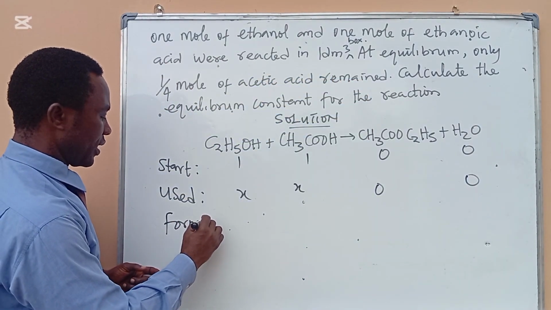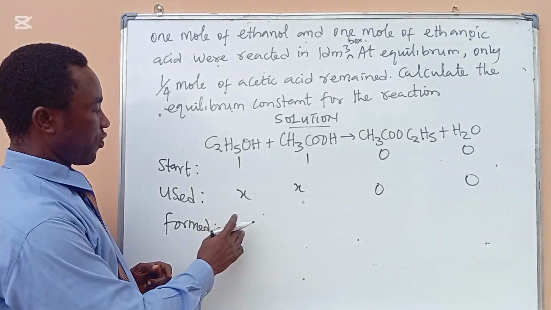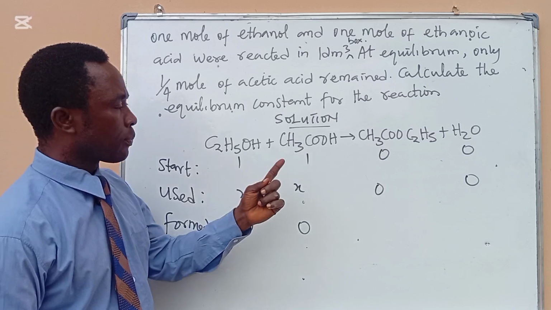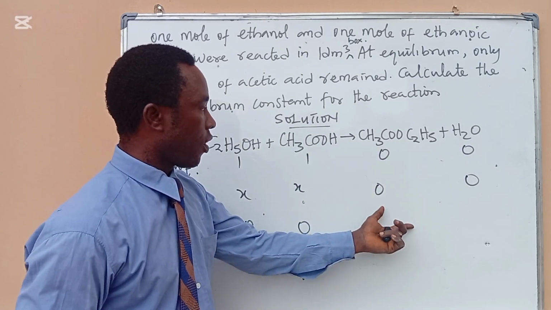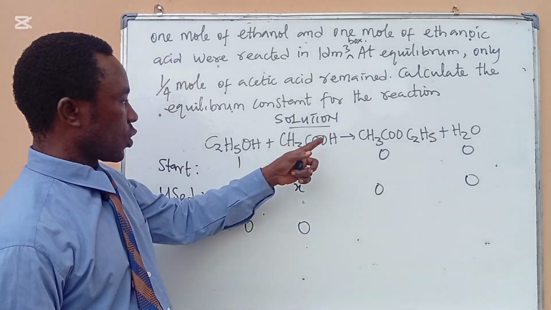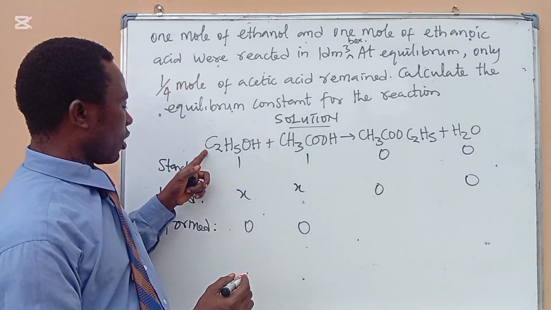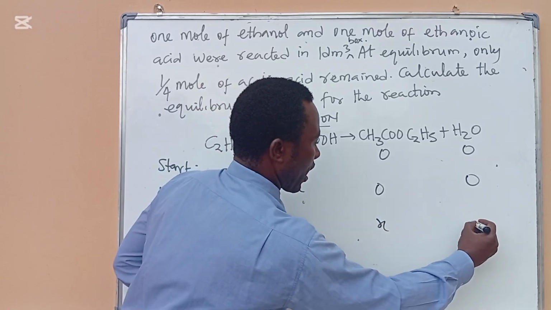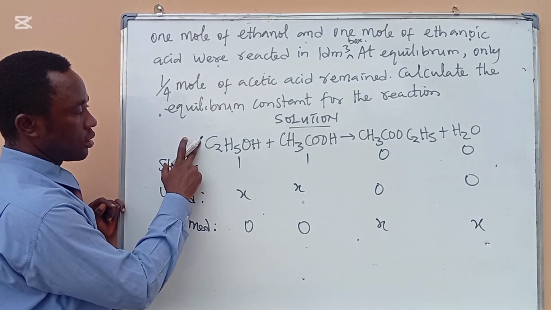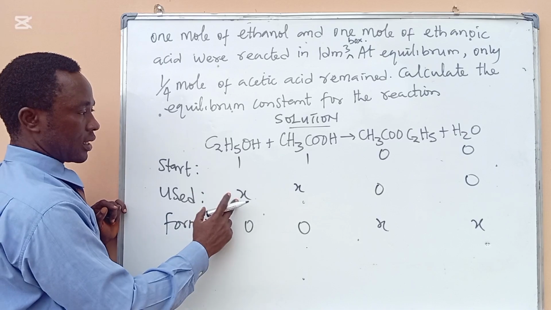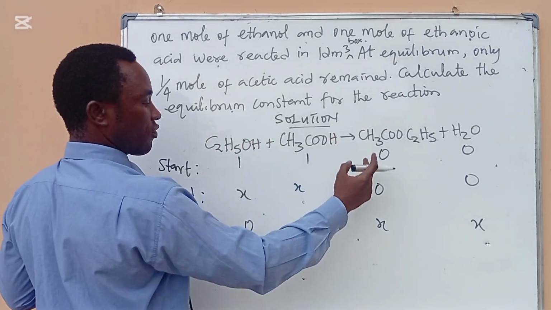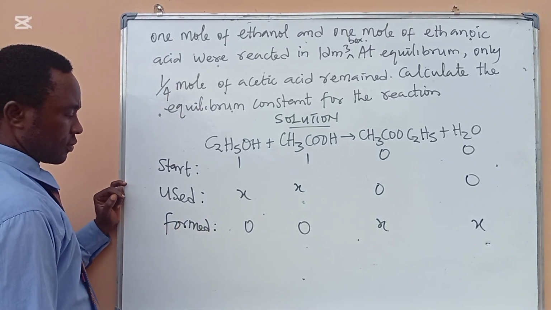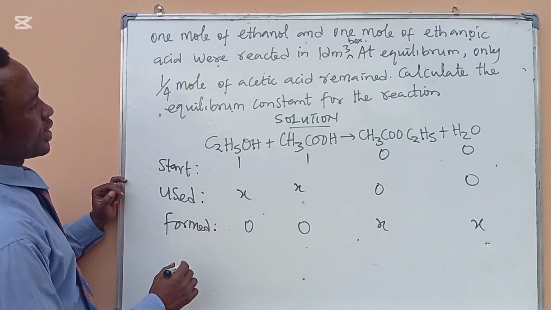Then what will be the amount formed? For reactants, no reactant is formed. Reactants are used. For the product formed, 1 mole of this is used, so 1 mole of this will be formed. If 1 mole used is x, then 1 mole formed should also be x. So here we have x and x. But remember from the equation, they say that